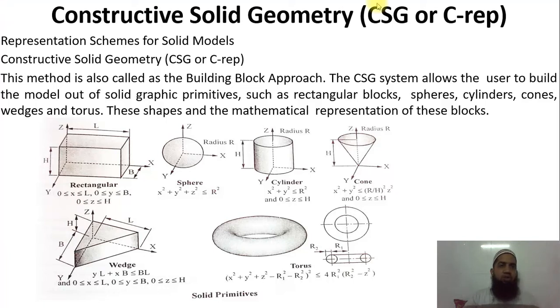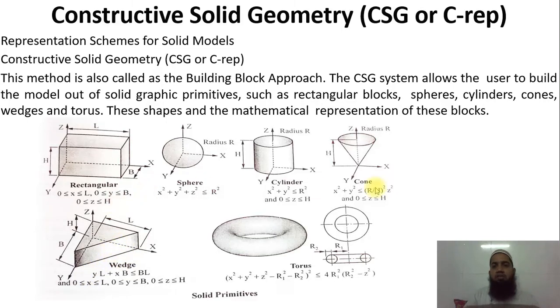First of all you must know what entities they are using. So you can see the different types of entities, and this is a picture I have taken from a book. What are the solid primitives? In the first you can see rectangular entities. The second is a sphere, the third one is the cylinder, the fourth one is a cone, okay. And this is called a torus. You have seen this kind of primitive many times. And this is called the wedge.